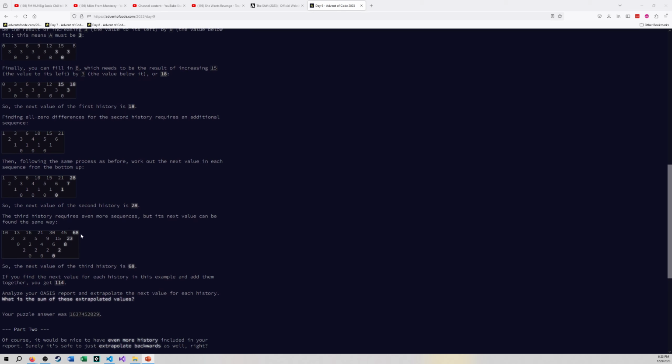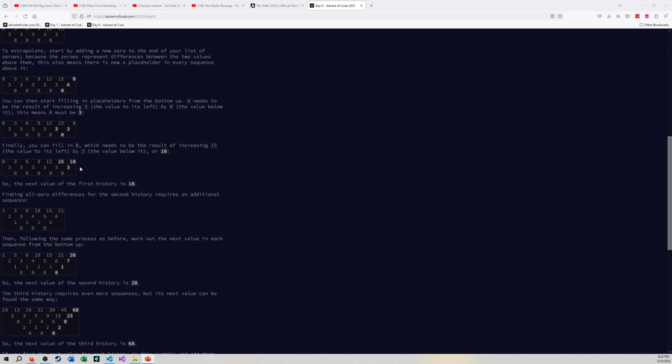So basically what we're trying to do here is reduce down this problem as a series of differences. The first one was easy, since when we reduce 0, 3, 6, 9, 12, and 15, every difference is a 3, and then from the next row, every difference will be a 0. And then if we work our way backwards, we know that 18 will be the number. And so they show this as creating another element on every one of these lists,